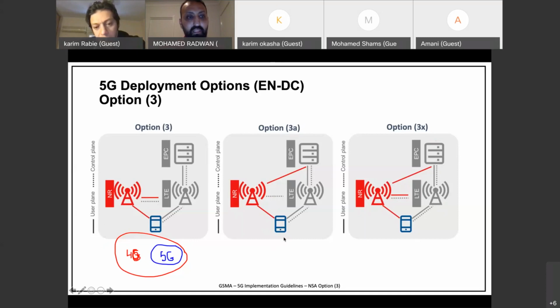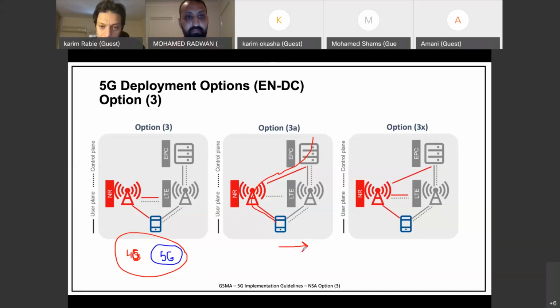If you are in a 5G coverage and you have some traffic, you are enjoying a certain service, the service flow is coming from the new radio to you. That's the downlink path. And then for some reason you move out of 5G coverage.